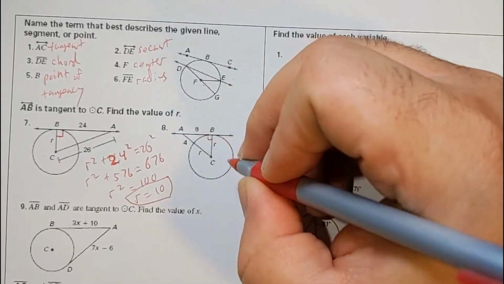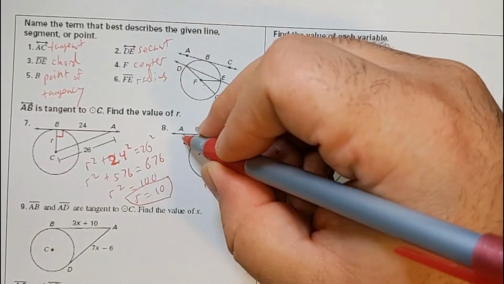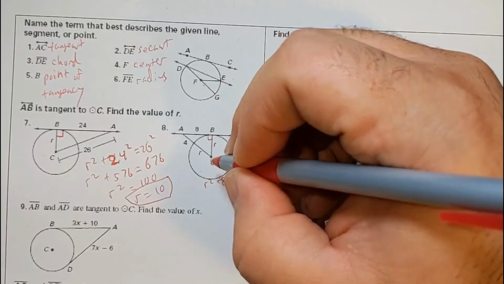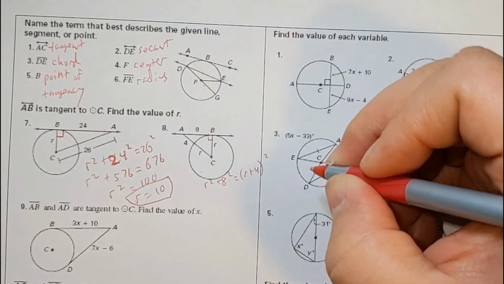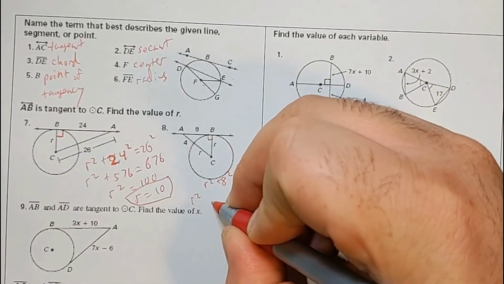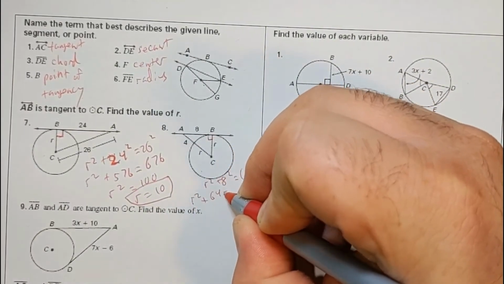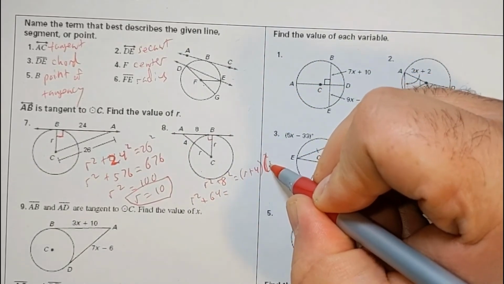So it's going to be the r and the 8 that are the legs. So r squared plus 8 squared equals. And then over here, the r and the 4 together are the hypotenuse. So r plus 4 squared. On the left side, r squared is r squared. 8 squared is 64. On the right side, r plus 4 squared means r plus 4 times another r plus